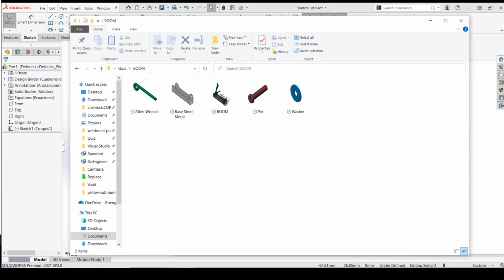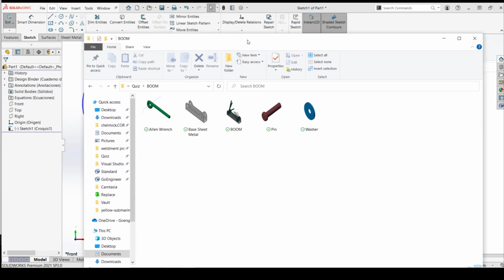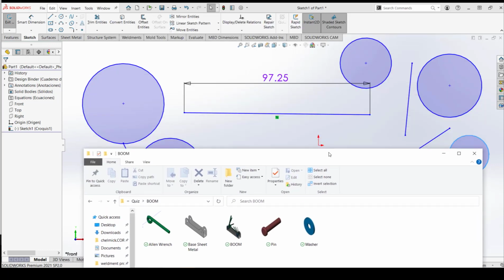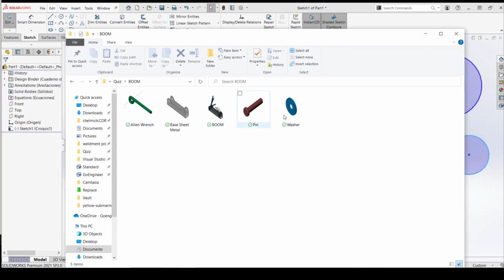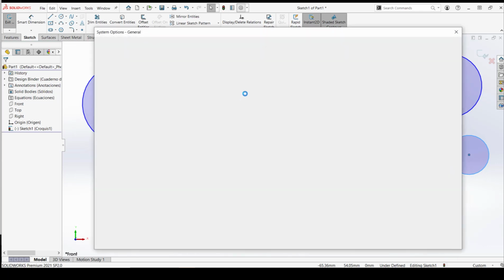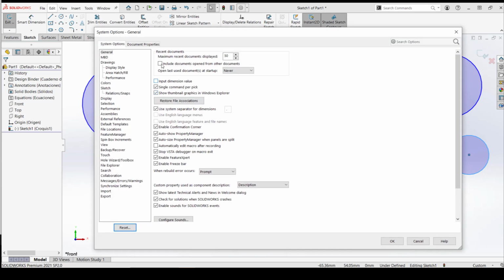And what that option means is instead of having an isometric view of the part, you would have a little thumbnail view of the part like we see up here in this tab. It would just indicate that it was a part file. And some people like to have that option off so you're not seeing the isometric view of the part because they say that their Windows Explorer loads faster that way. I'm a very visual person and I haven't had an issue with my files loading quickly in my Windows Explorer, so I like to leave that setting as displaying the isometric view. Definitely, for sure. I like my thumbnail graphics in Windows Explorer.